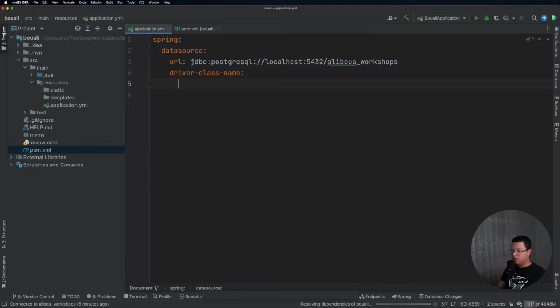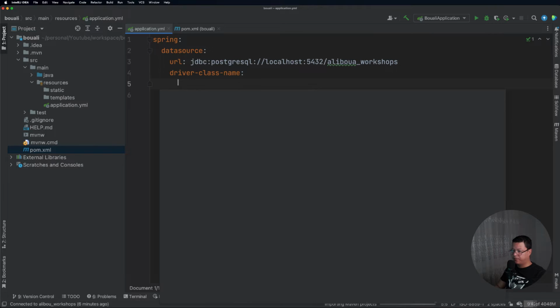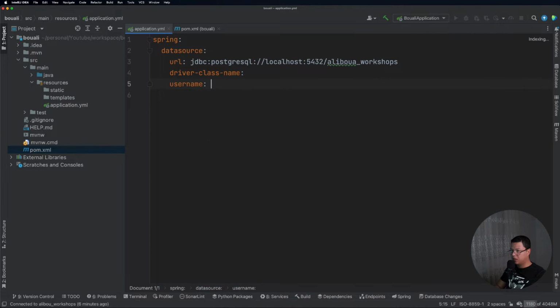Also here to provide the username. In my case, the username is empty. Same for password. Password is also empty. So here for the driver class name, it should be ready now.